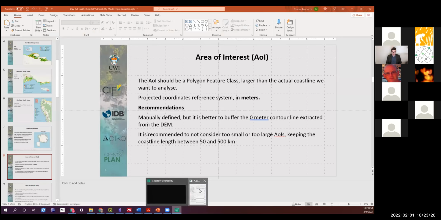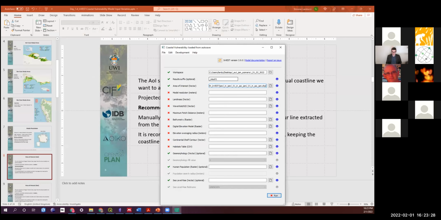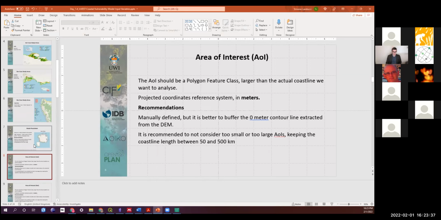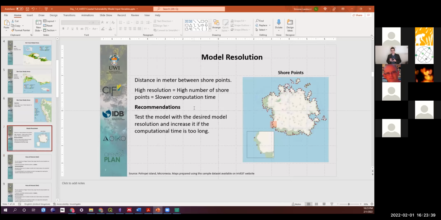Now, the next thing it requires is the model resolution. The model resolution is a parameter. I can't load anything there. I need to type something. What do I type? I type the distance in meters between the different shore points. You may be tempted to input a very small number to get a lot of information. Now, you should be